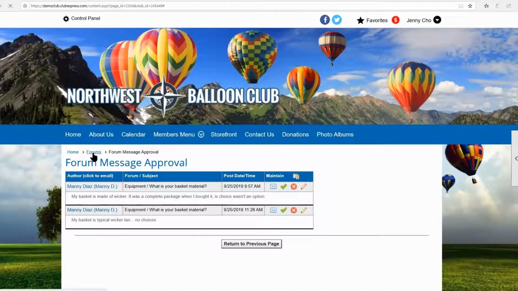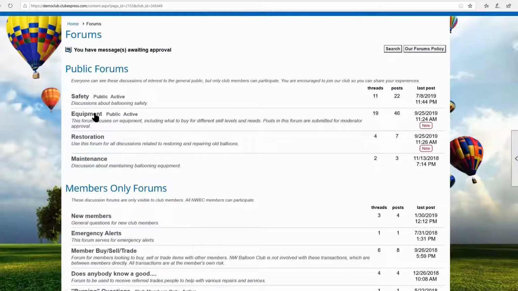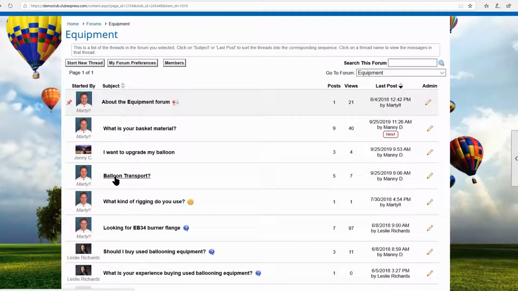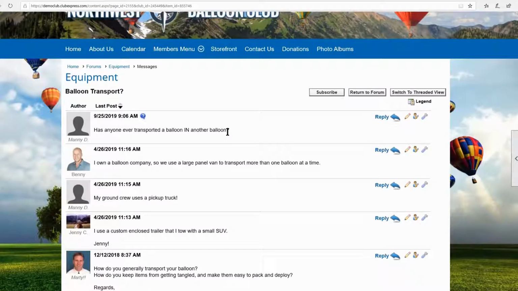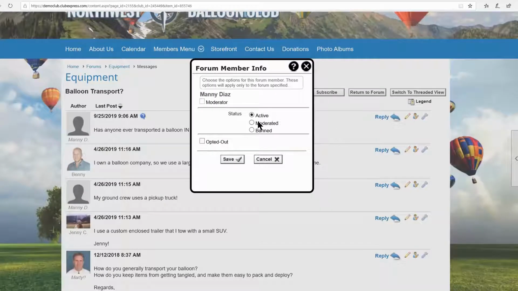And so if I go back to balloon transport, it says, has anyone ever transported a balloon in another balloon? And because Jenny is a coordinator or a moderator, she has these additional options. She can go and edit the message content. She can edit the user status. She can say, I can ban this user here.